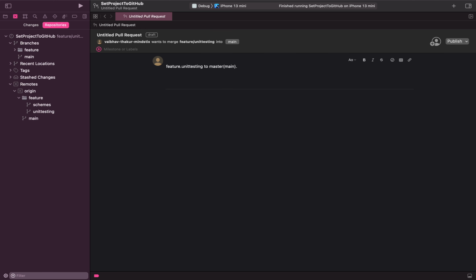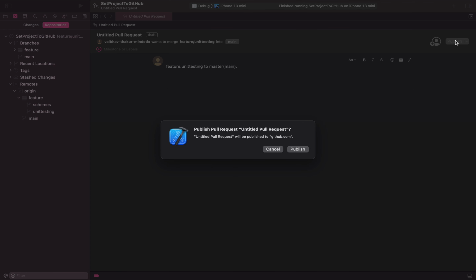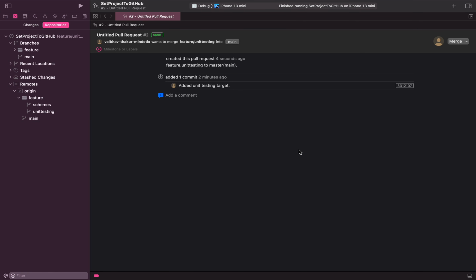Okay, so this is what we wanted to do, and it is saying to publish it. Let's just click on that, and on the warning, just click on publish. Yeah, and now the pull request has been created, and this pull request is open.